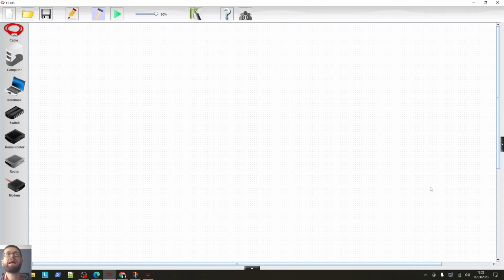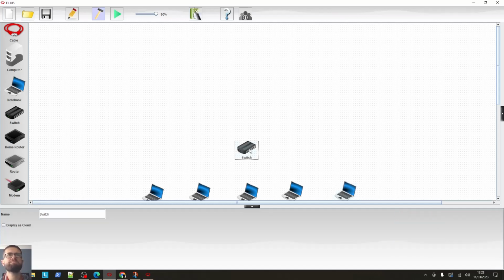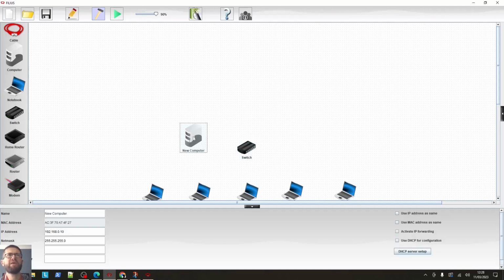So I've got a blank canvas here. Let's drag out some computers. These resemble the devices connecting perhaps to a coffee shop network. And yes, we're using wires in Filius because it doesn't support wireless, but it doesn't matter. The principle is exactly the same. So we'll have a switch, and we'll have a computer which is going to act as a